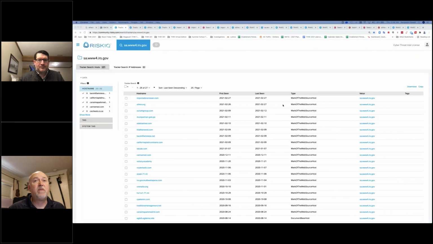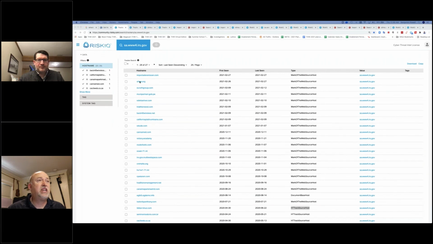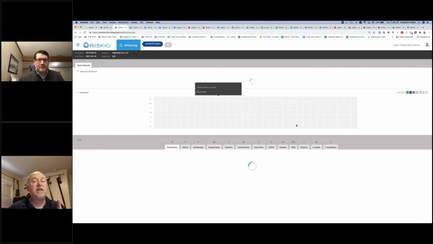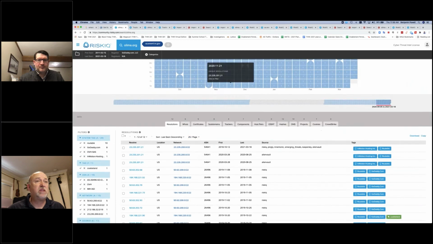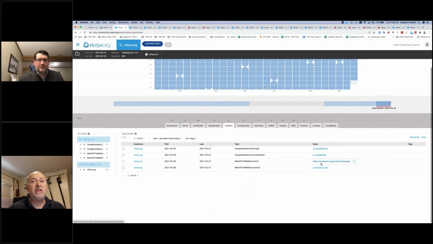So if you take a look, when we look at these Mark of the Web source hosts and different things, there's generally two different things. There's the source host in the tracker, and then there's the value. So right here you have the URL and the host. So what happens is you can't search on this URL, but you can search on the host. So this was what we were showing, but you couldn't find yourself in there. So we made another one where we truncated and only grabbed the domain part as well out of this URL.